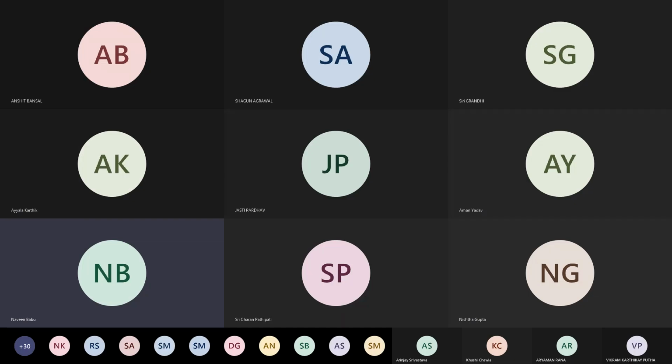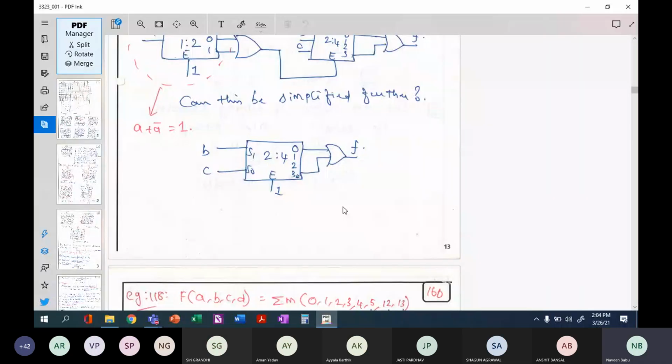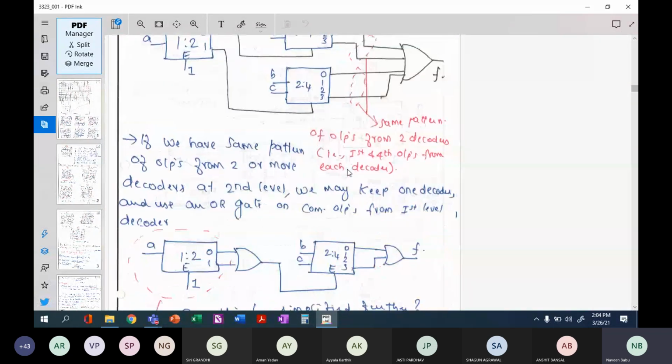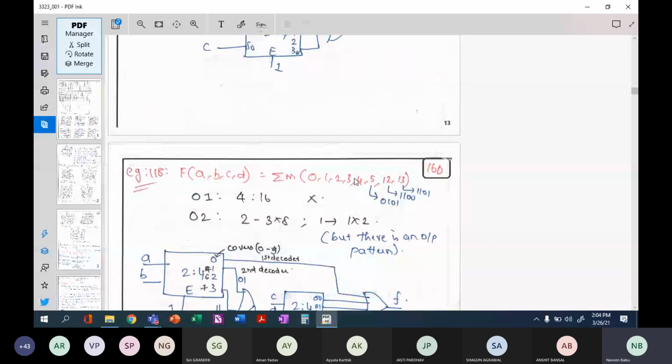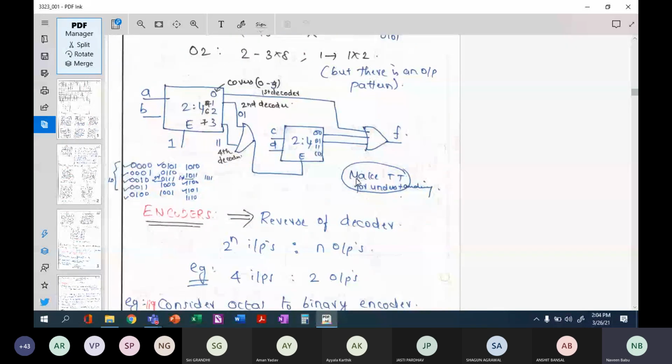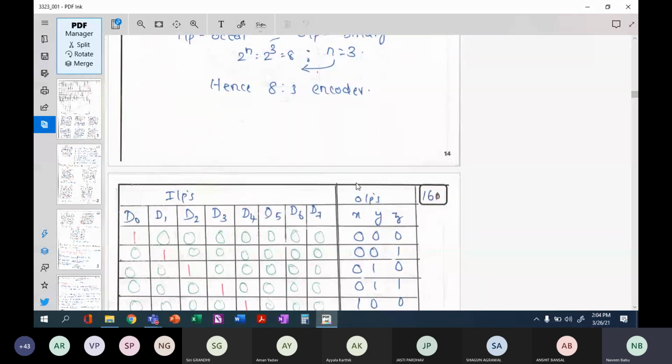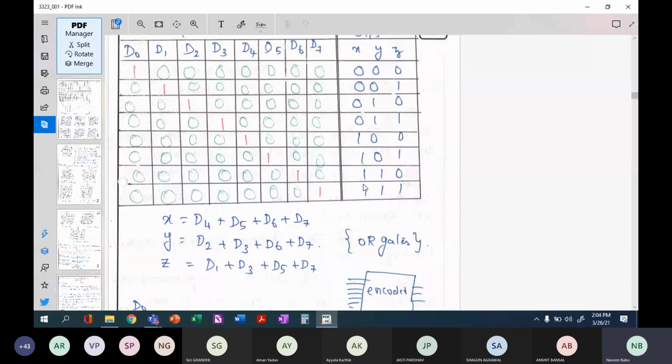Slightly an important class in the sense we did a lot of applications regarding decoders, right? Multiple simplifications of decoders we saw. Every example was unique, right? So that whatever examples or problems you get in your exam, you can simply apply these rules. We also saw what an encoder is. Though there is not much to discuss about the encoder, but there